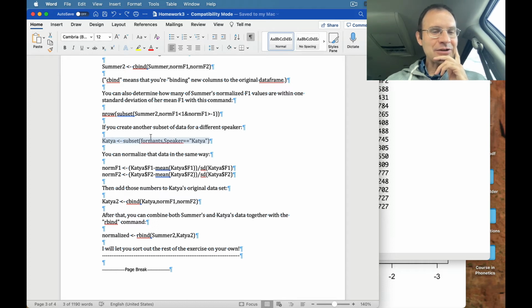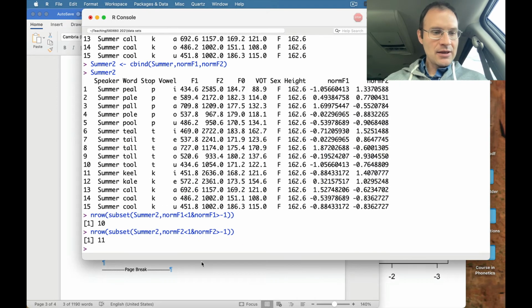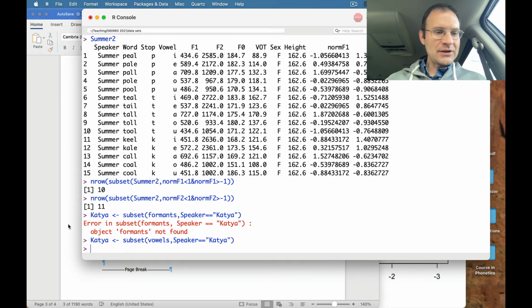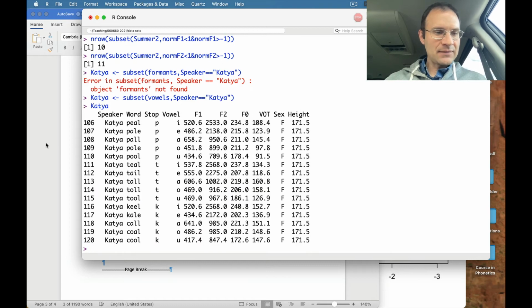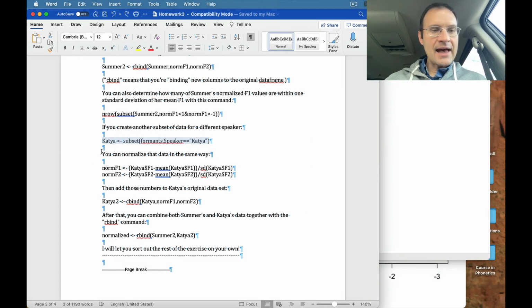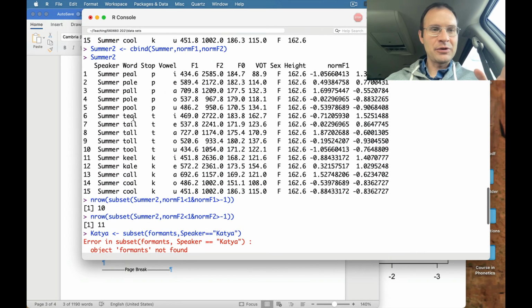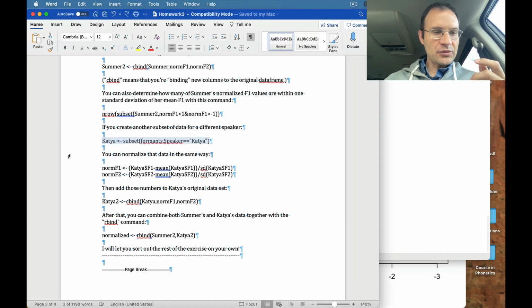Okay, so let's create another subset of data for a different speaker. We'll go to Katya's data, and we'll subset it out like this. Yep, sorry, I got to change that as well. Sorry. Vowels, not formants. What was I thinking? Okay, there's Katya's data. Looks like that. It doesn't have those extra columns, though, so I can't compare it with what we were doing here with Summer. So I'm going to create